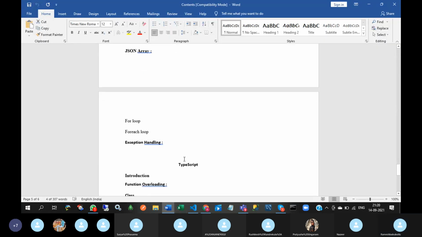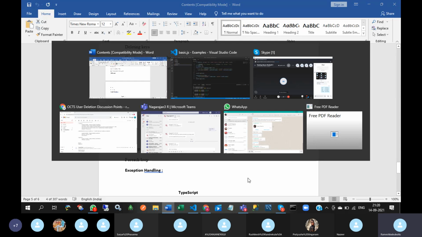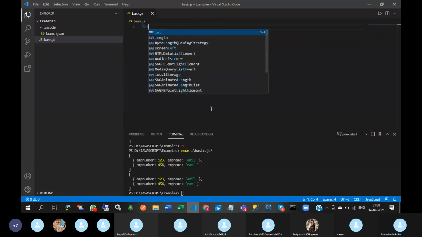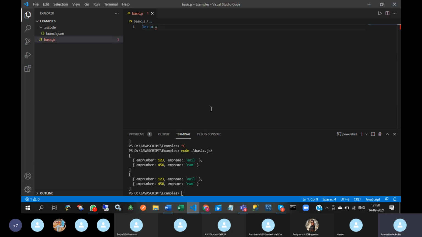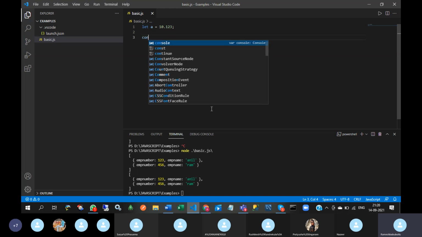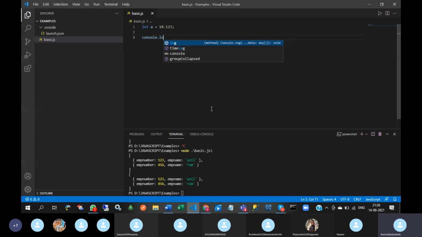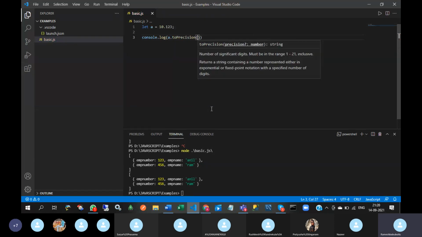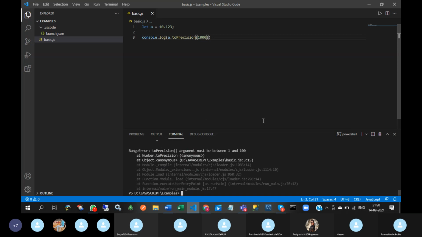Next, exception handling. Let A equal to 10.123. console.log A dot toPrecision.